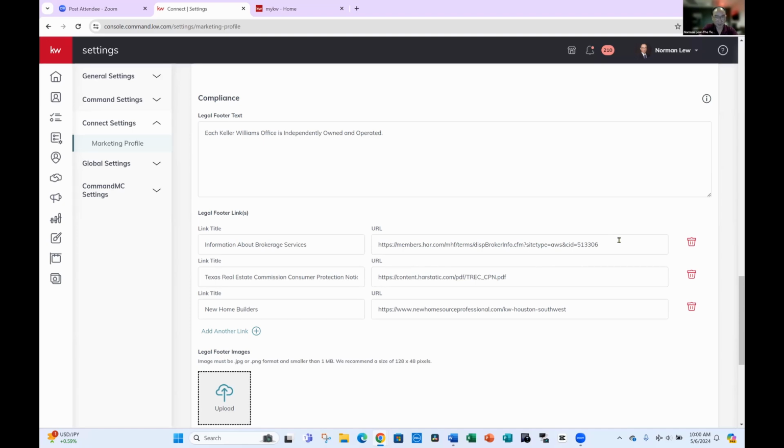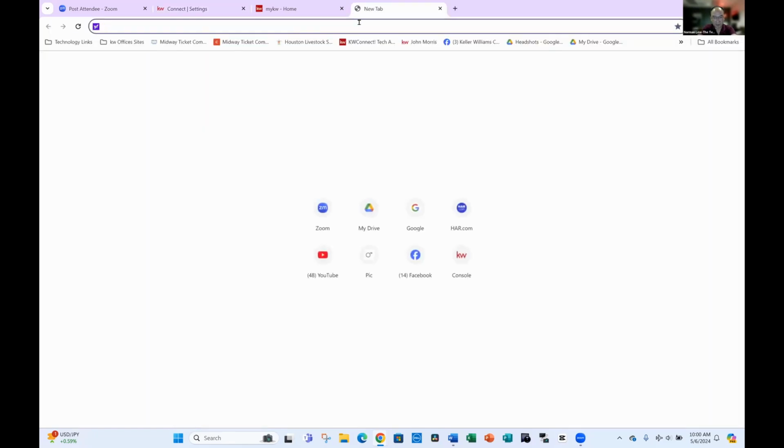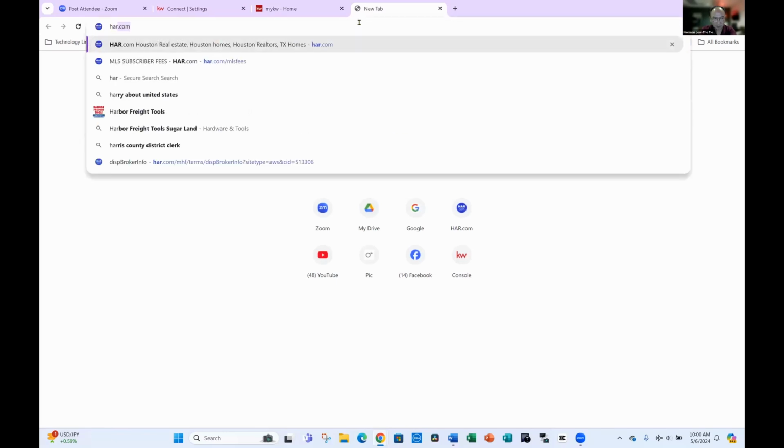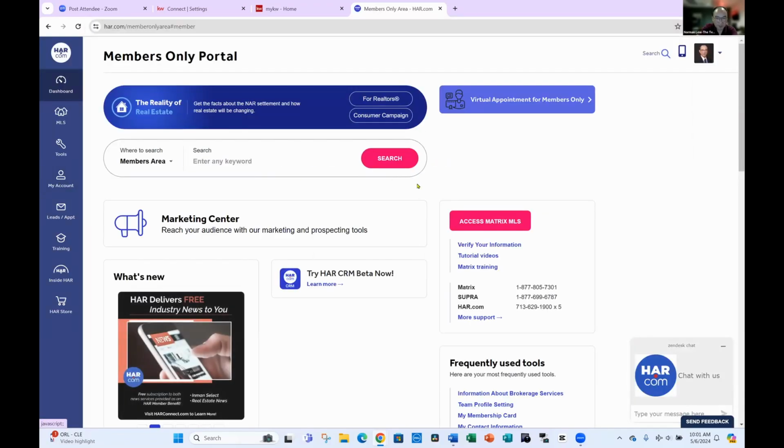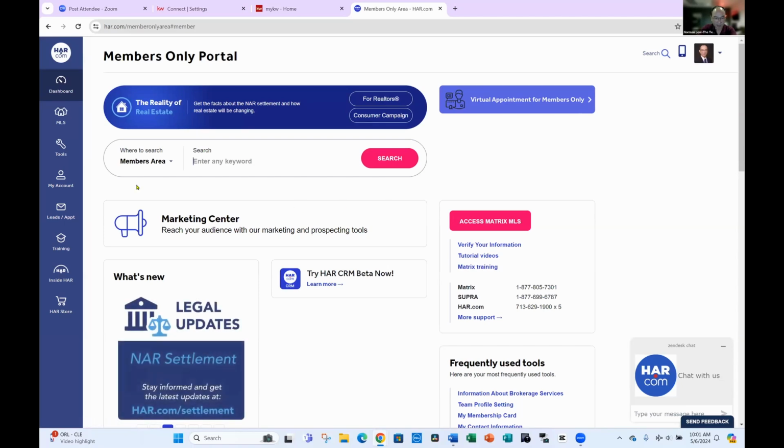Let's go take a quick look at where we're going to get it from HAR. And then you can use that link to put it anywhere that's necessary on your websites and your email addresses, anywhere that you need to have that, even your Facebook, okay? We have to do something different in Facebook, but we can do that in another class. Let me go to har.com. Okay, so to get to your information about broker services, the link that is actually yours, we have to